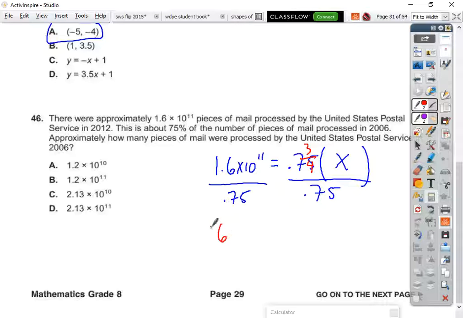So we have 1.6 times 10 to the 11th, and I'm going to multiply this by 4/3. Okay. So right now I know I'm going to end up with a number that is larger because I'm multiplying by 4/3, which is greater than 1. The only number in the answer choices that is larger than 1.6 times 10 to the 11th is